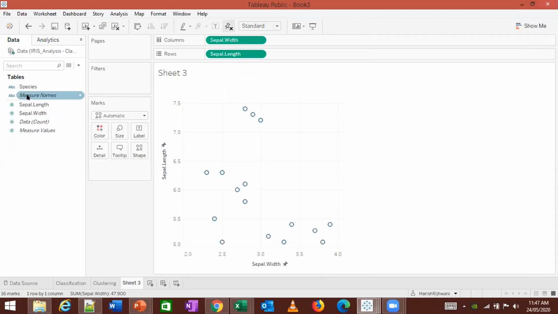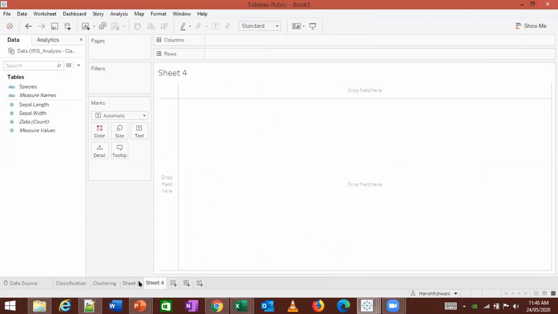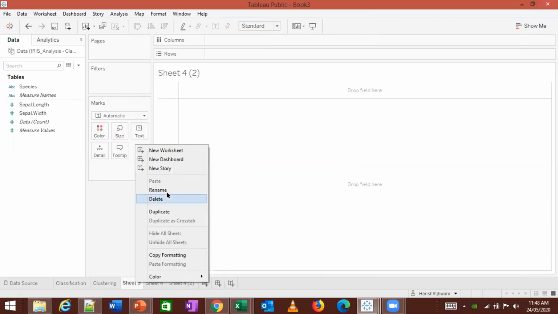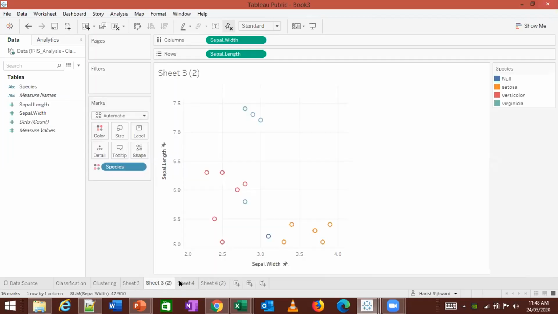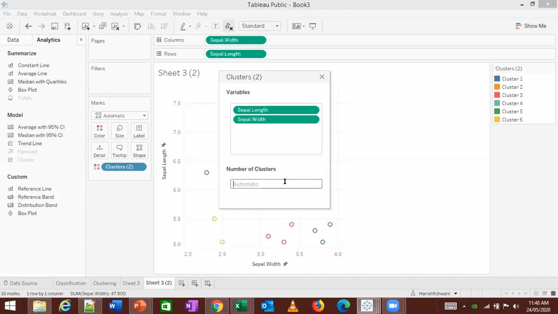And then if I put the color, this is one color, then you get it pretty easily. Remove this color, go to analytics, drop cluster, 3.